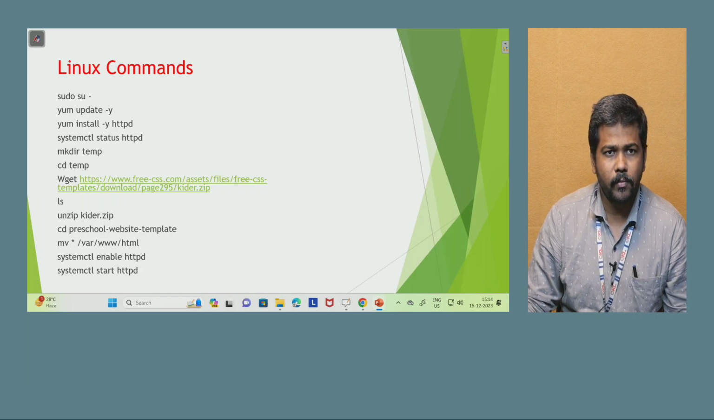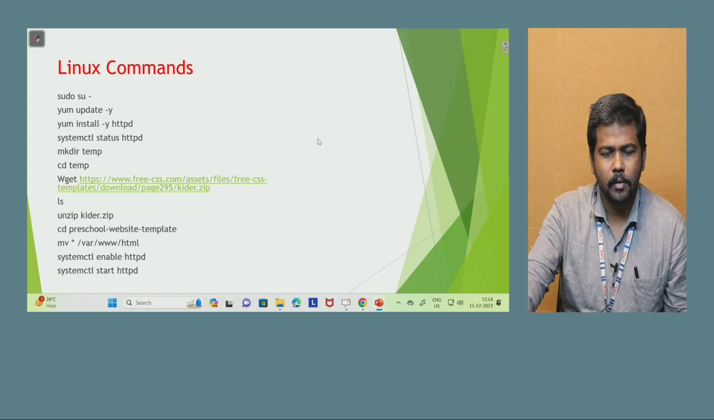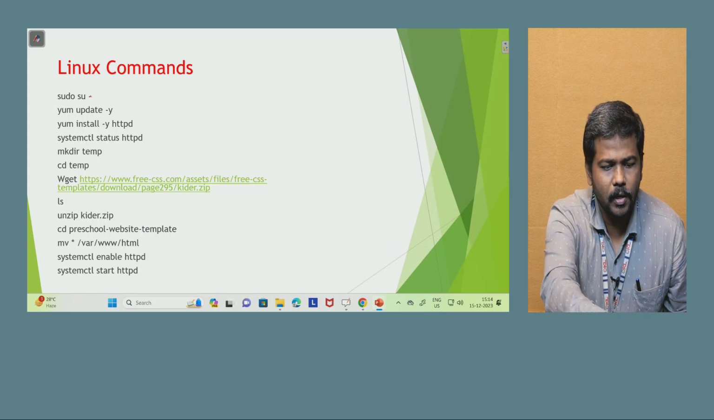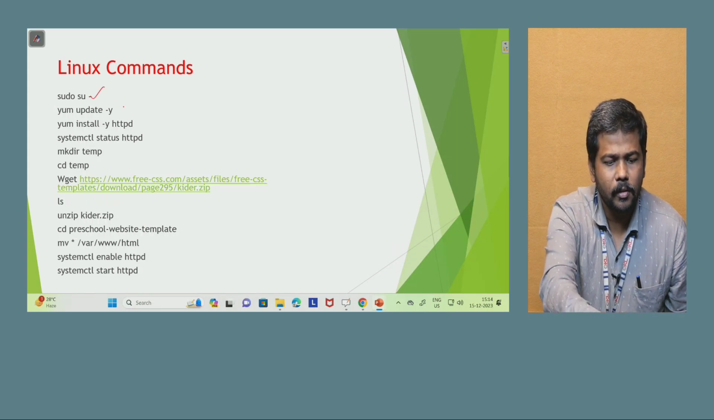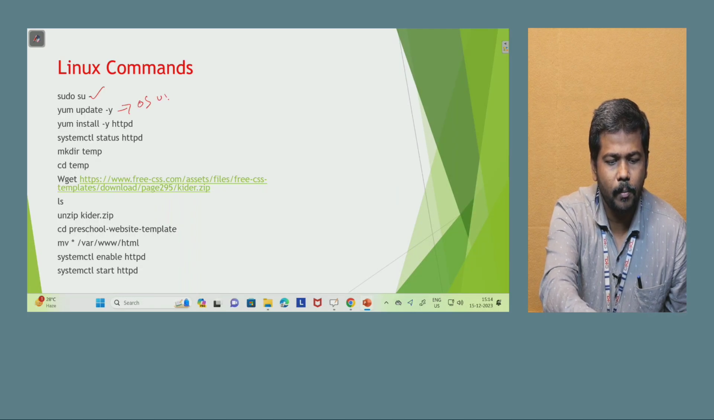the EC2 instance command prompt for the deployment. So, the first thing is sudo space su space hyphen. The meaning of this is that you want to run your application from the root. That is the first line, and the second line indicates it is for the OS update,